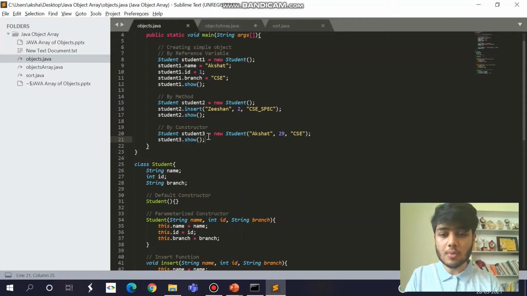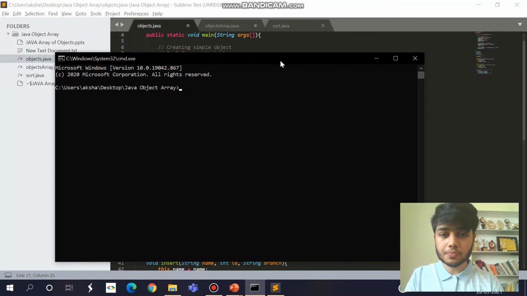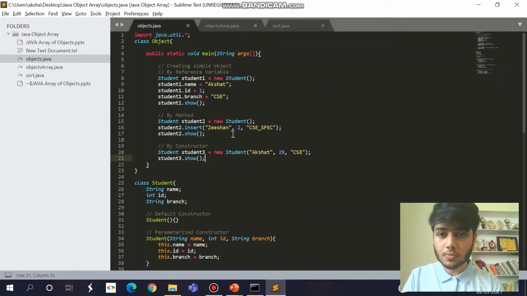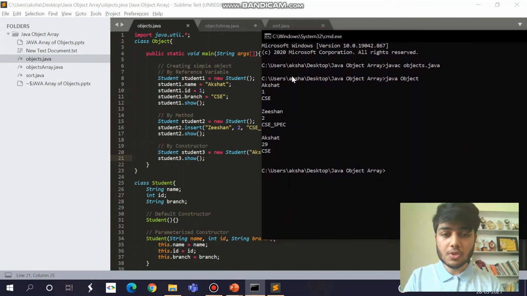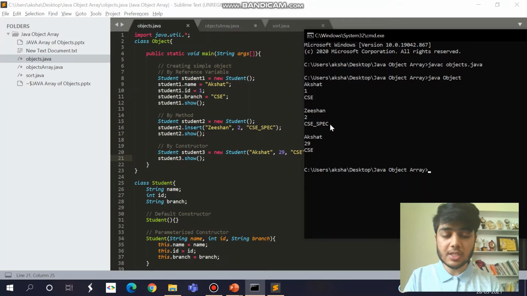Then I'm using the show function to display the values. I'll just compile it real quick. As you can see, first by the reference variable it has shown me this, then by using the insert method it is showing me this, and lastly by using the constructor it is showing me this.